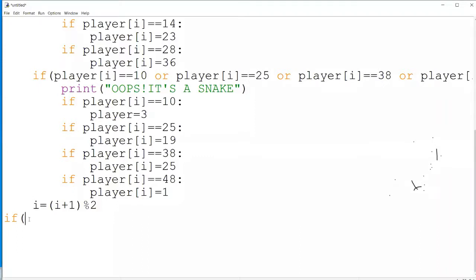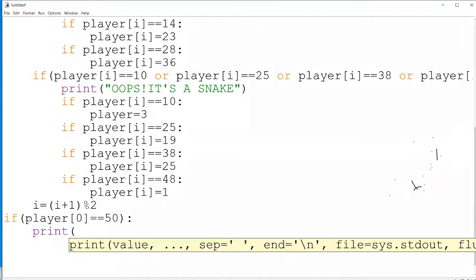Now if, we need to check who has won, because this condition is saying that out of the two players, whoever reaches position 50 will be declared the winner. Now I need to check if player 0 is equal to 50, which means the winner is, so print, I'm declaring player, congratulations, some message you can give.